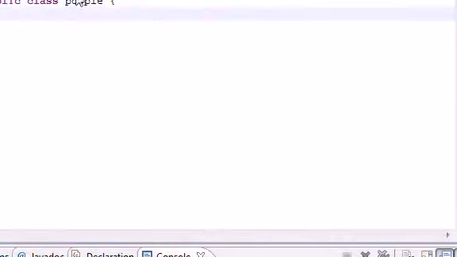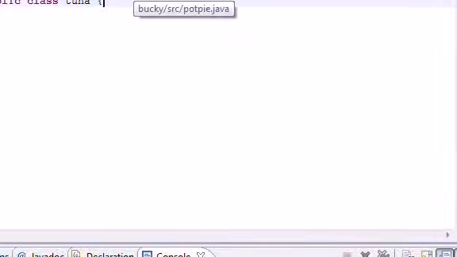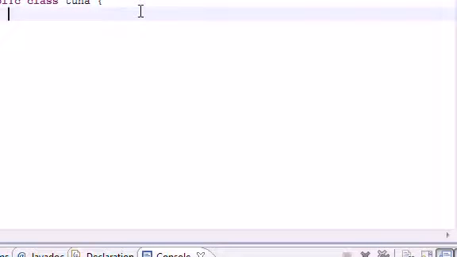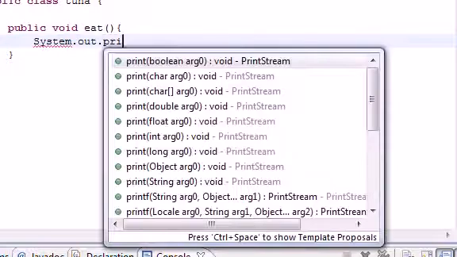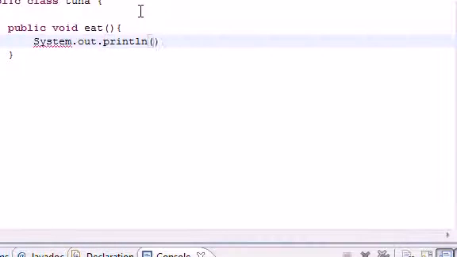Well, say we have two classes right here, tuna and pot pie, and in the tuna class we have a method like public void, we'll just name it eat, and let's say in this method all it does is go System.out.println, and then it just prints something like "I am the eat"